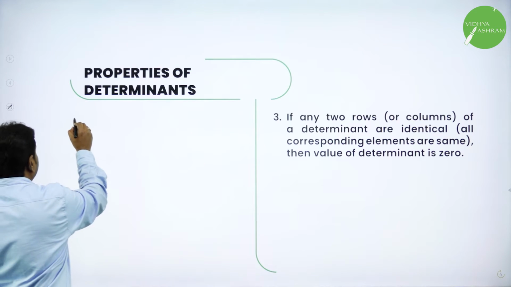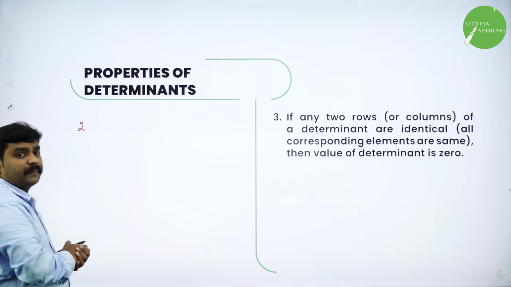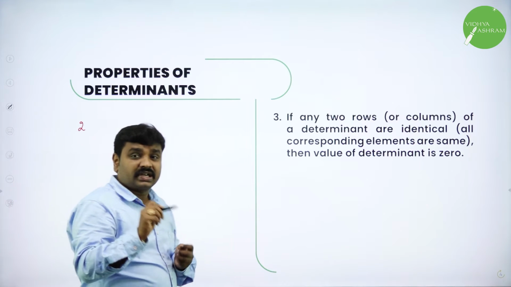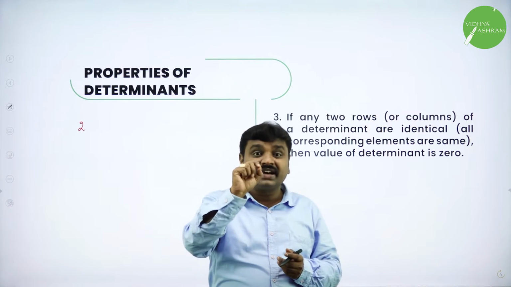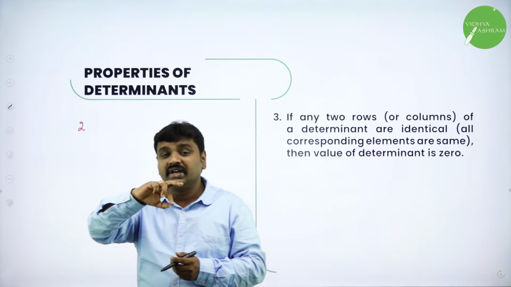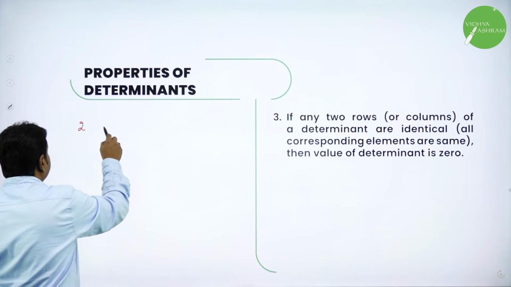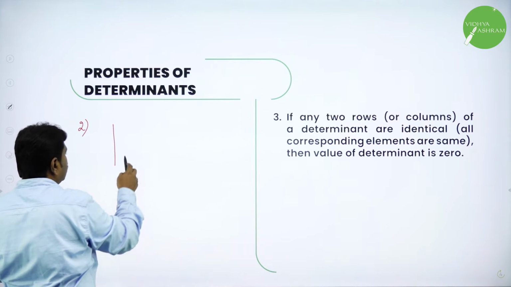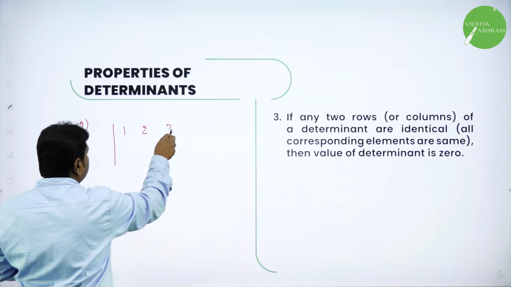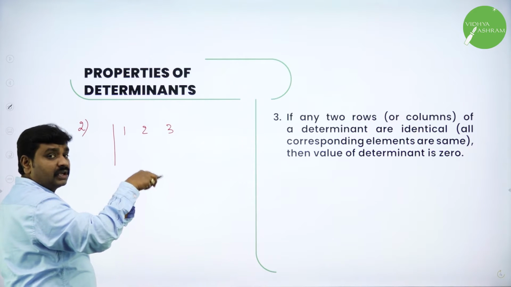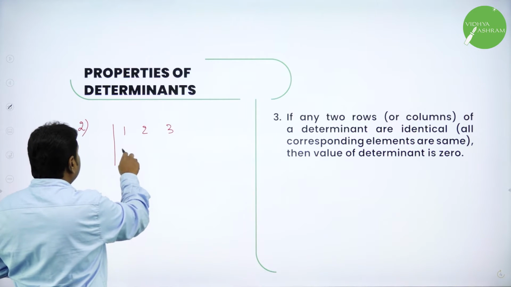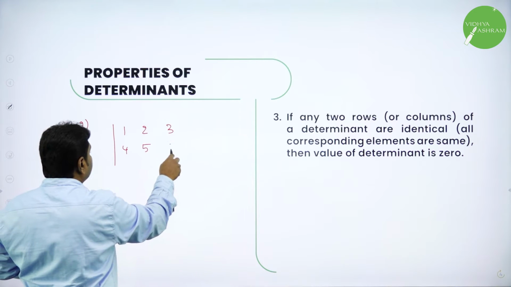So first property is done. Second property, what is the second property? The second property states that the sign of the determinant changes when you interchange any 2 rows or any 2 columns. To prove the second property, I am giving all the problems. Please understand, you try them, you will get the same result. But without expanding, we can say.